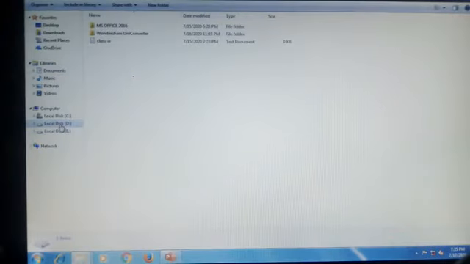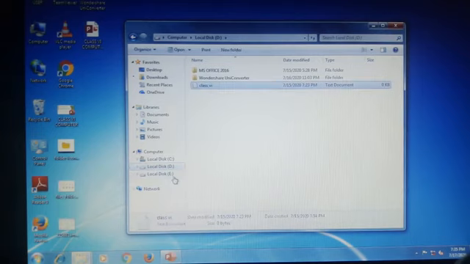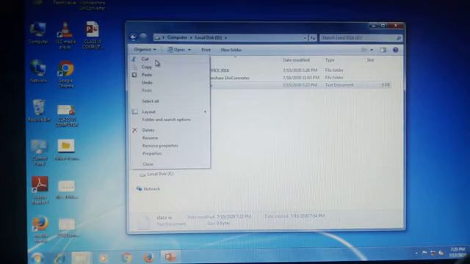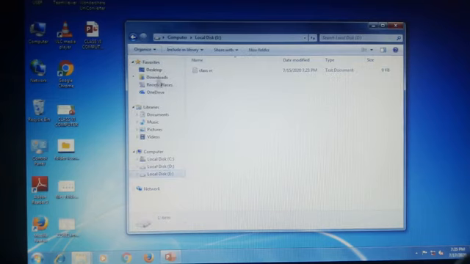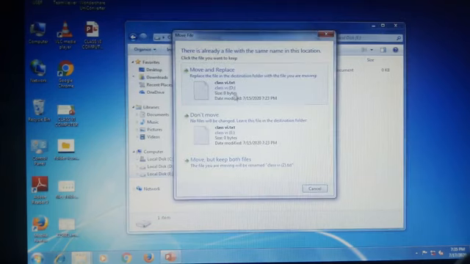Suppose I am here, this is the left pane area. See, children, this is the left pane area. In this left pane area, I am going to select a local disk. Here my file is present, the file named class 6. I want to move this file to the E drive. How do I move it? First of all, select the file. Now go to the Organize button. Now click on the Cut option. Now go to the E drive. Now once again go to the Organize button. Now click on the Paste option.